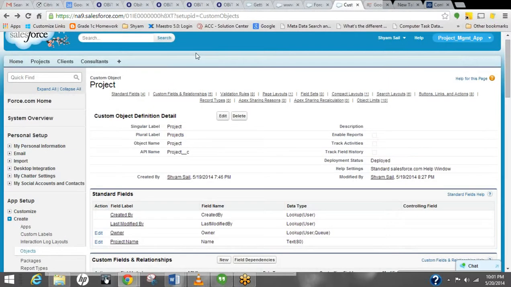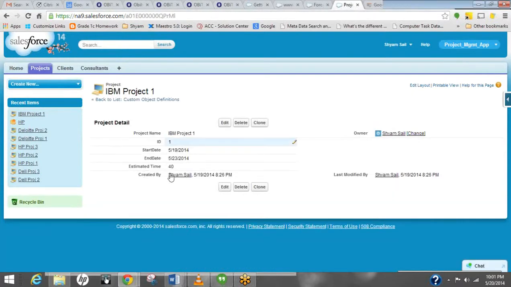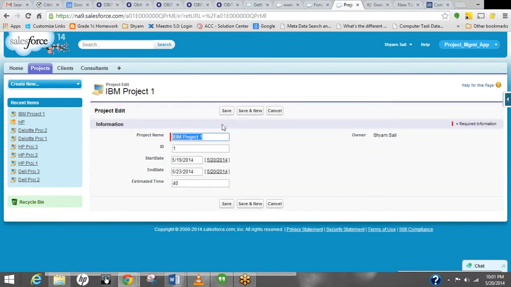For example, I'll open my first record within projects. I don't see the new field here, client. Is something missing? Click on edit. It still won't come up.